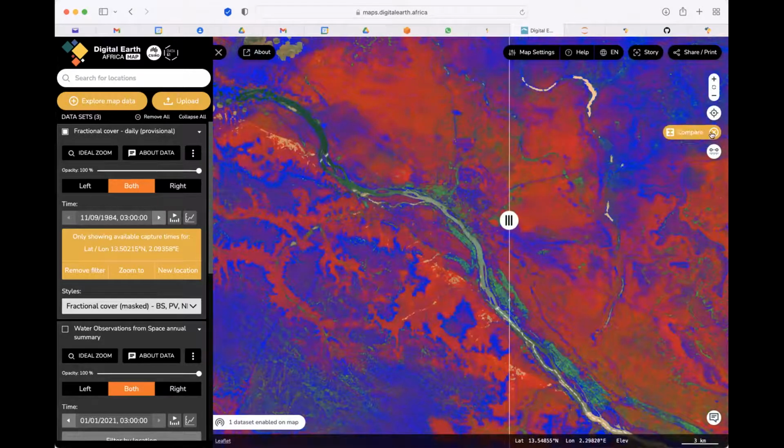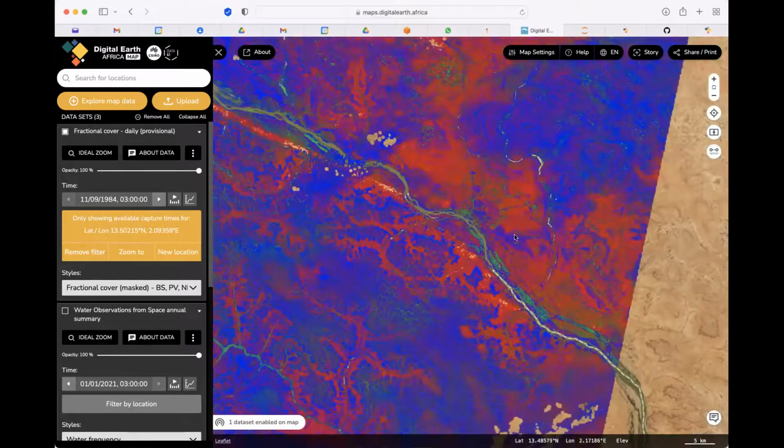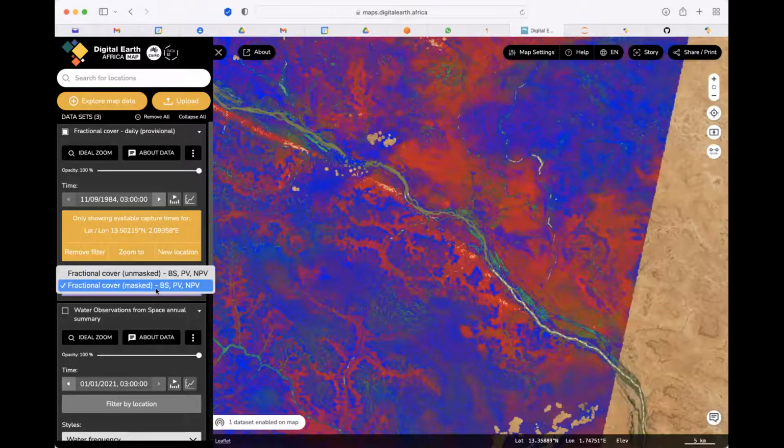This is not a comparison tool. This is just a big product to show especially changes around urban areas and where there's an aspect of the land changing in between products. So looking at this, the bare soil is the one in red, and the photosynthetic product should be the one slightly green. And non-photosynthetic product is a product which are not bare soil, and they are normally NPV. So this is just a small example of Niamey. And since everyone is on this call, they can give me an example of another city they want to look at the fractional cover.